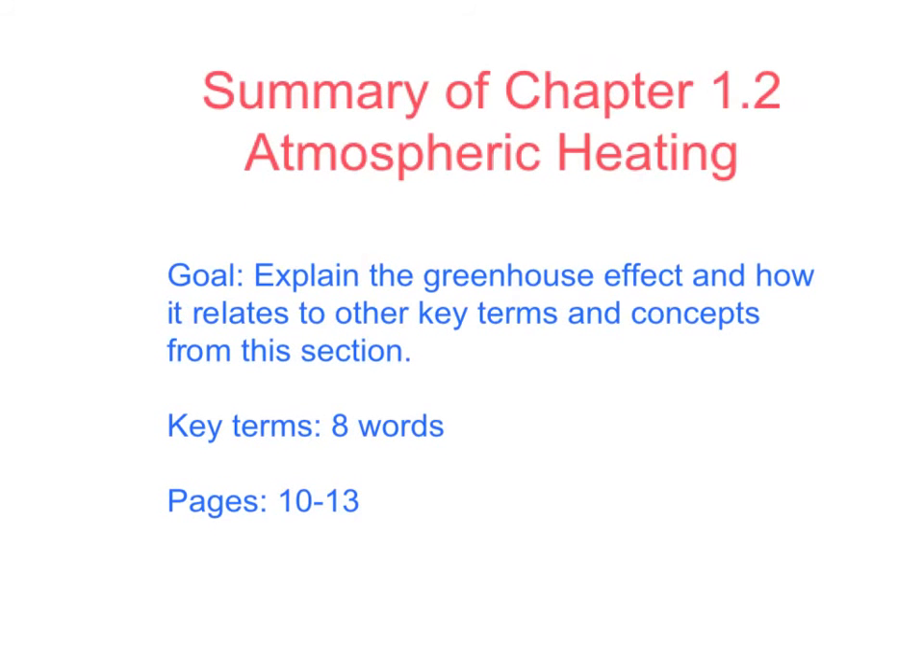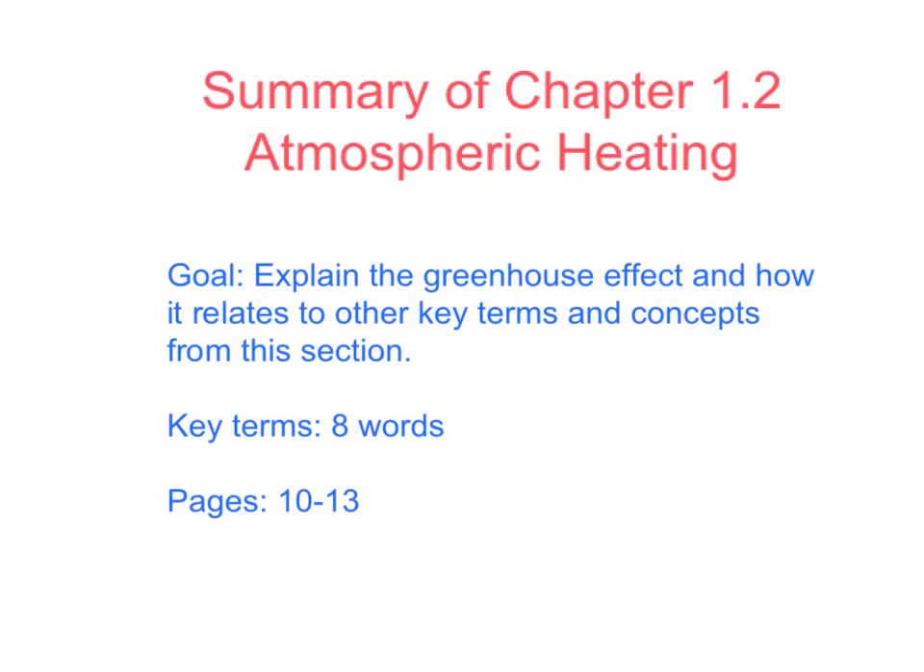The summary of Chapter 1, Section 2, Atmospheric Heating, is the final part of this activity option. Your goal for this summary is to explain the greenhouse effect and how it relates to other key terms and concepts from this section. There are 8 key terms in this section, and it is found on pages 10 through 13 in your textbook. Please pause the video until you are done with this summary